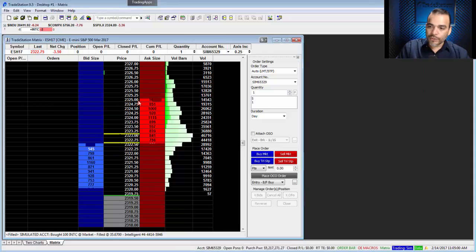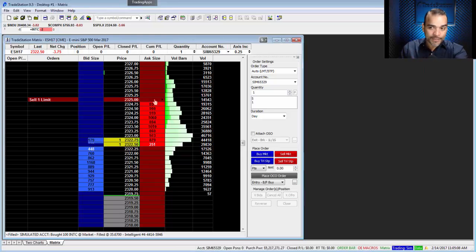So I'm going to come over here to 23.25, which is the price that I want to short the S&P at. I come over here to the red. I haven't clicked, but if you look on the left-hand side, you can see how it says sell one limit. When I click there,